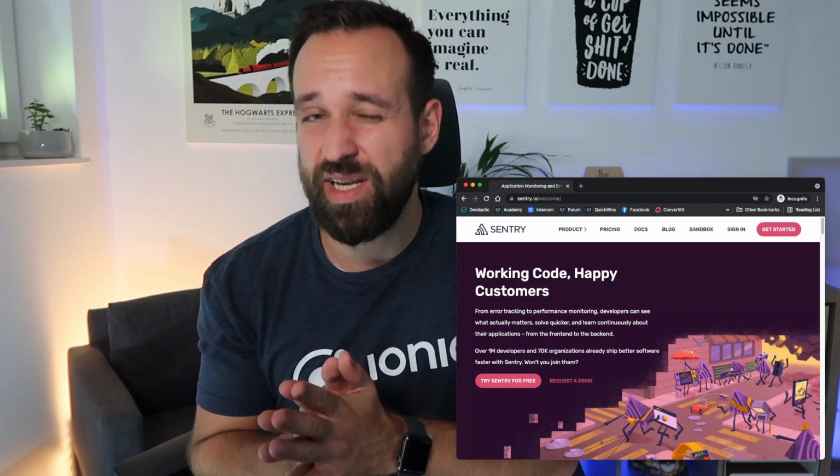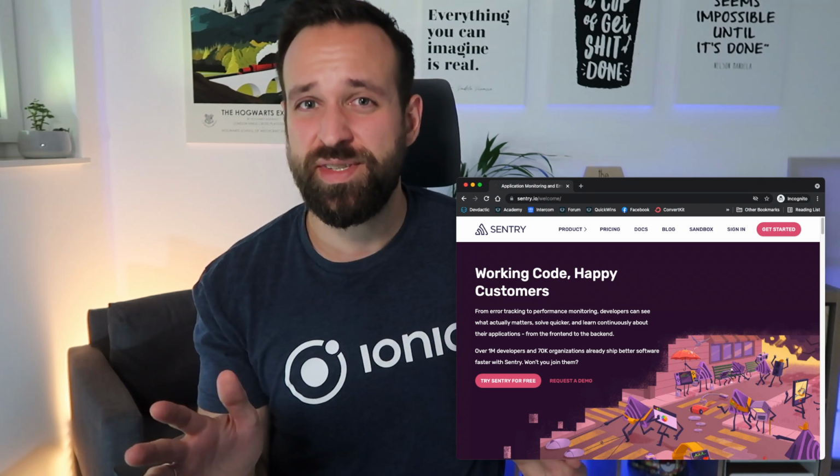There's no connection to the backend, so it's really hard to spot errors that happen in production mode that your users might be facing. And therefore today we're trying out Sentry.io, a great service which I've seen recently because it announced Capacitor support, and we will be able to integrate Sentry in our Ionic Angular application with Capacitor. I'm not so sure about that Capacitor part and how it helps us, but we will focus more on the